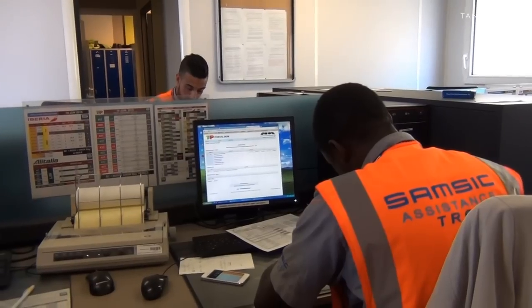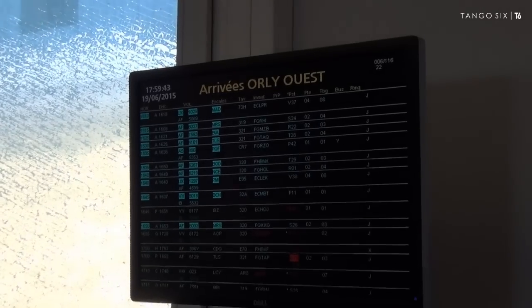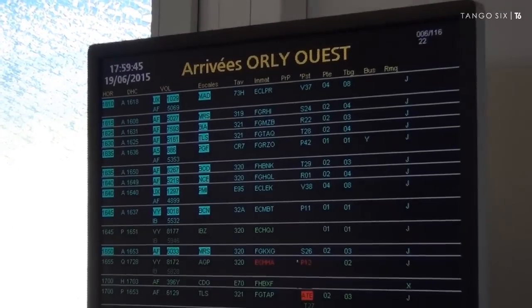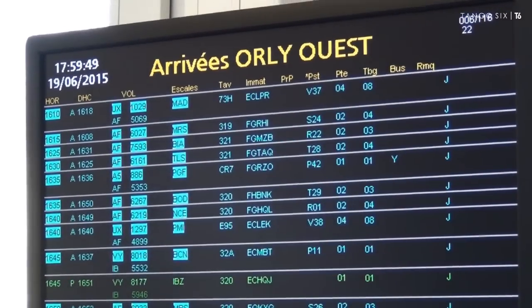We need to produce this paper and give it to the captain, so the captain can configure his computer and then the aircraft can take off. For that we need to know the weight of the fuel, the weight of the passengers, the weight of the aircraft, the weight of the bags, the weight of the cargo. And after that we give it to the captain, because